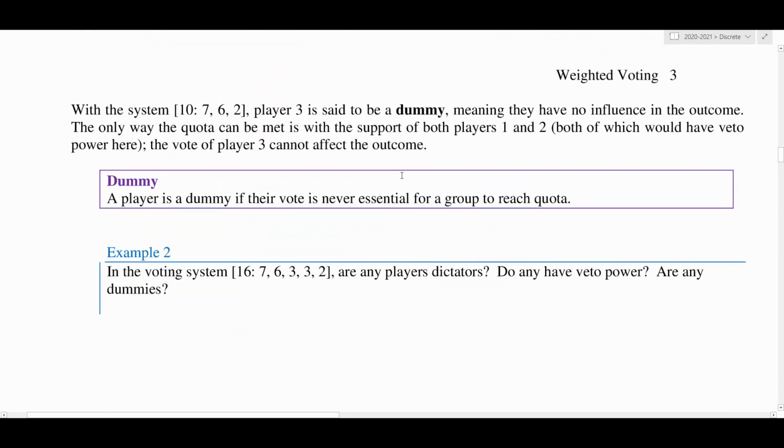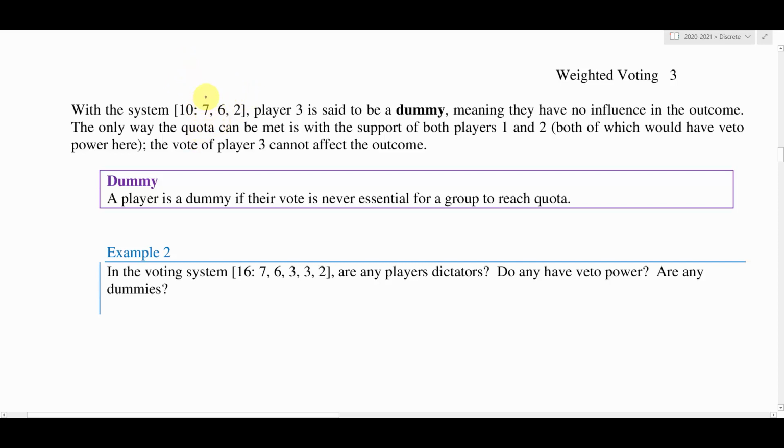All right. The last one, and this is definitely one that we want to avoid creating, is where we create a dummy. Now, a dummy is a player that actually has no power. They have no influence in the outcome whatsoever with the way that the weighted voting system is created. So player 3 in this particular voting system is said to be a dummy because he has no influence in the outcome. The only way the quota is met is with both the support of player 1 and player